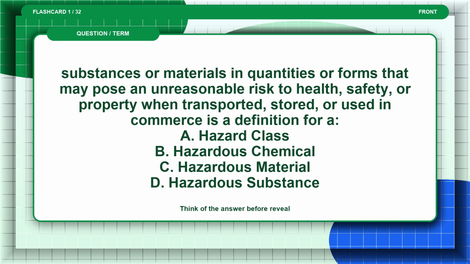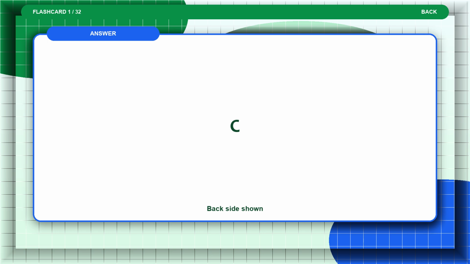Flashcard 1. Substances or materials in quantities or forms that may pose an unreasonable risk to health, safety, or property when transported, stored, or used in commerce is a definition for: A. hazard class, B. hazardous chemical, C. hazardous material, D. hazardous substance. Think of the answer before the reveal. The answer is